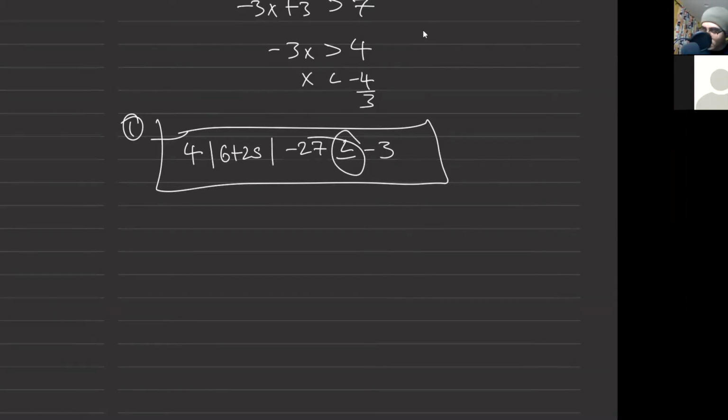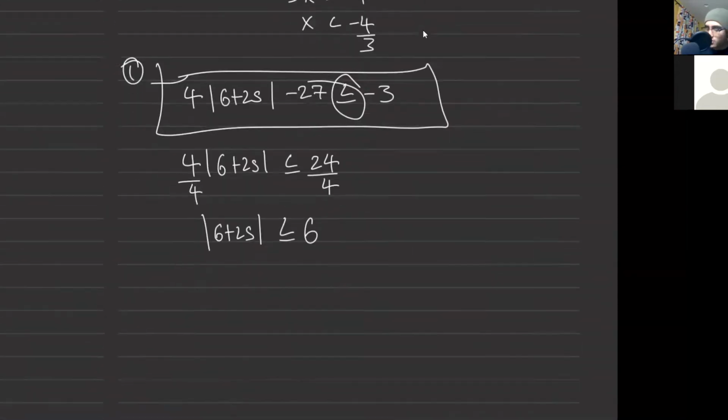I'm just going to do a quick rundown of this. So 4 absolute value of 6 plus 2s. Add 27 on both sides, so then we're left with 24. Divide by 4 on both sides, right? Because we can't multiply into the absolute value here, so that won't work. So then we have the absolute value of 6 plus 2s is less than or equal to 6,